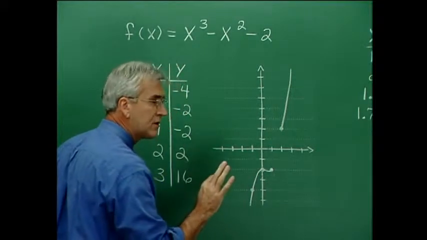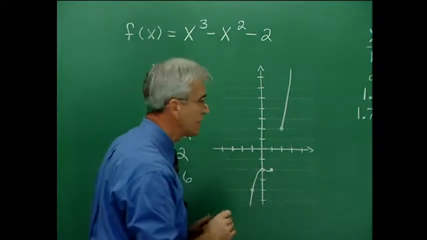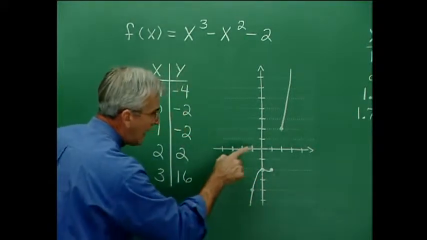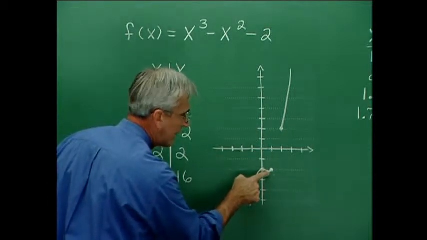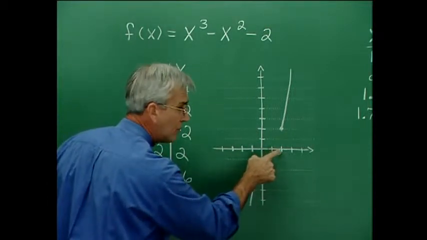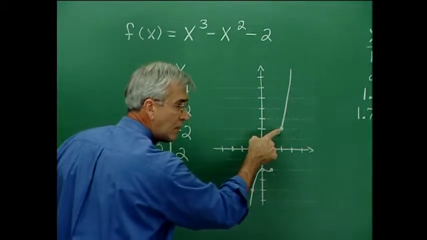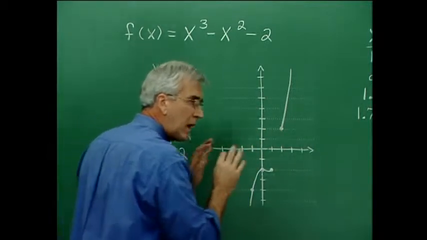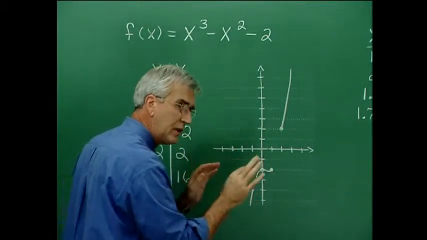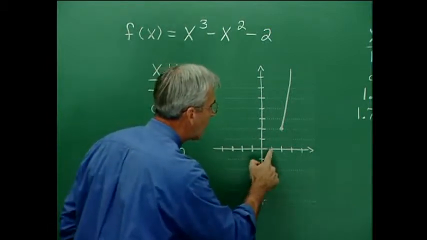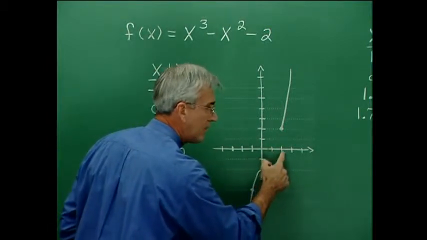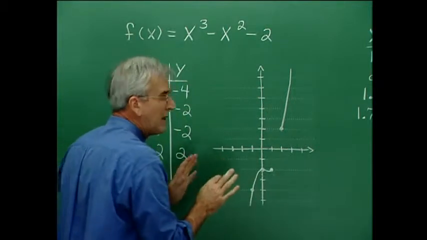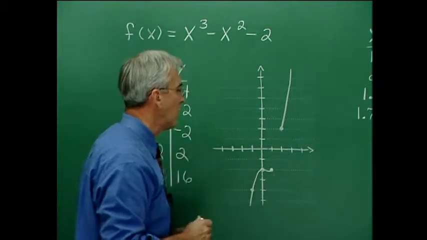But what we're really interested in is the position of the x-intercept. Now, we know that f of 1 is -2, and f of 2 is 2. So since the polynomial functions are continuous, we know that we have a crossing within this interval. Now, we know it sort of intuitively, but we also know it by